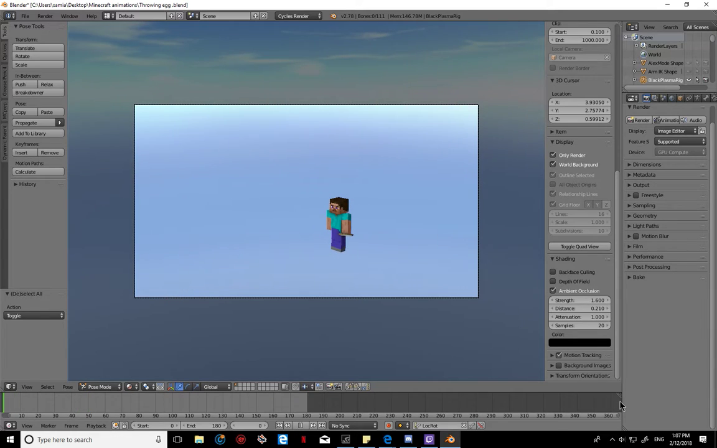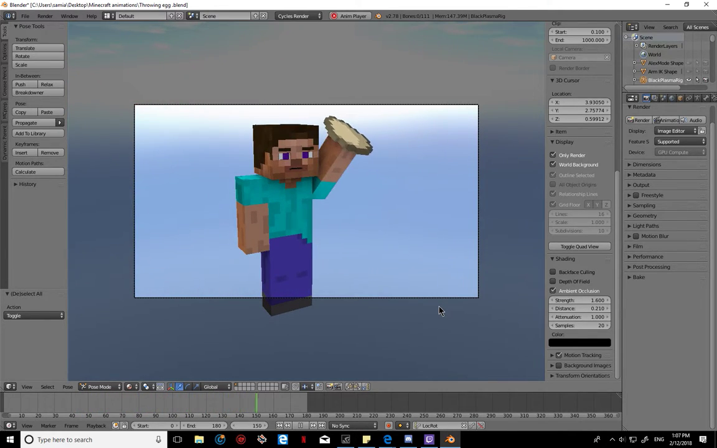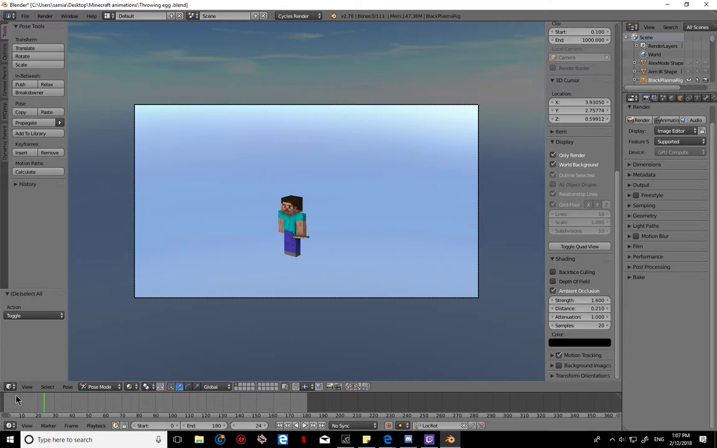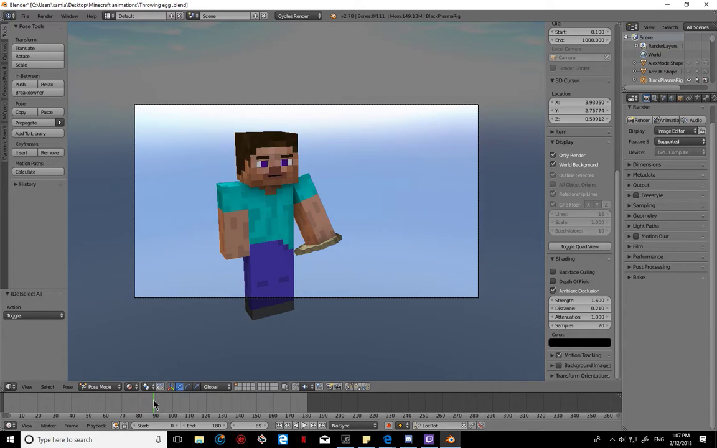And now if you wanted to watch it like this in ambient occlusion, you do that. You do this. He brings it on. It does look better. He throws his egg, and you're finished. You can also put on